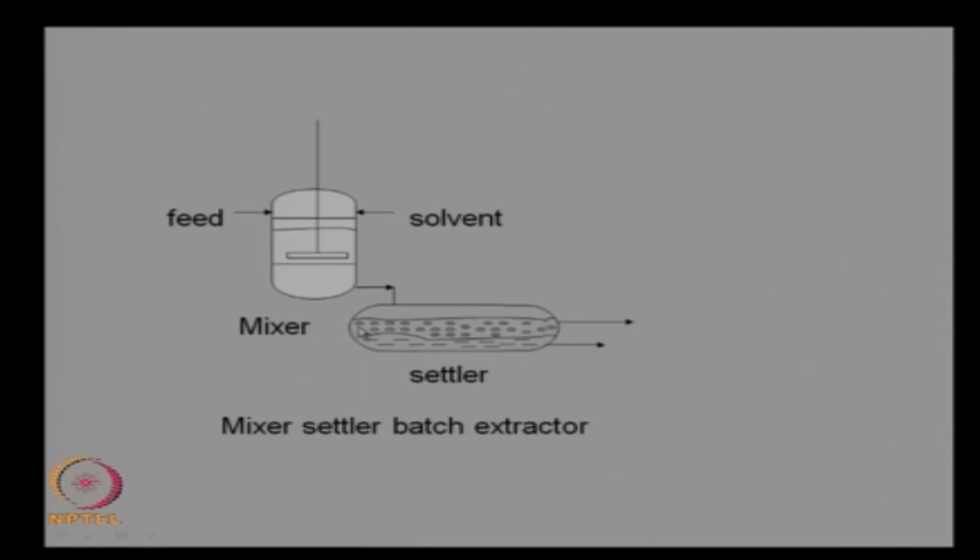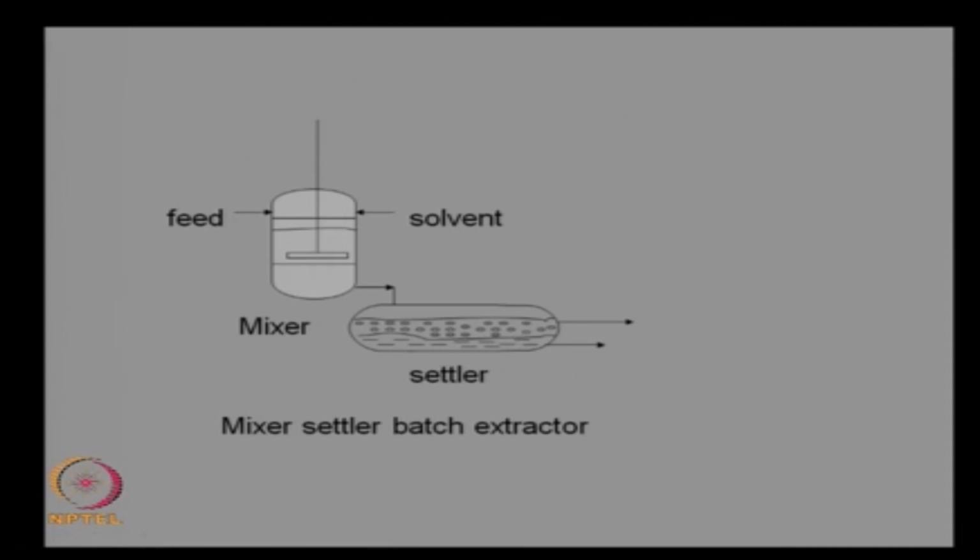Your solute may be here if the solvent is light, solute may be here predominantly if the solvent is heavy. Then you leave it for several hours until the phases separate, and then you discharge the bottom, you discharge the top, and then